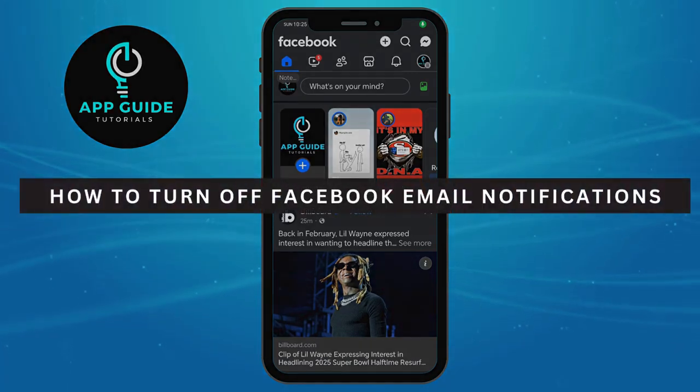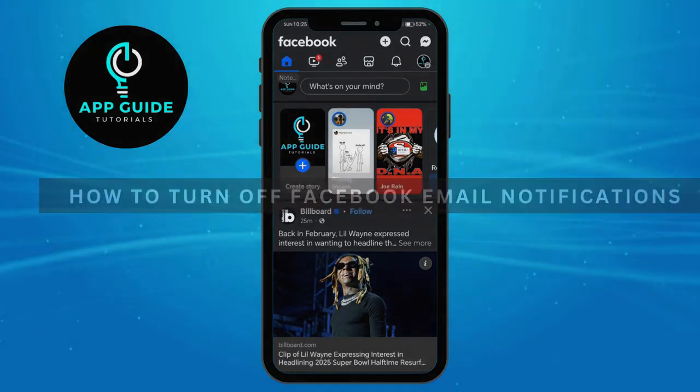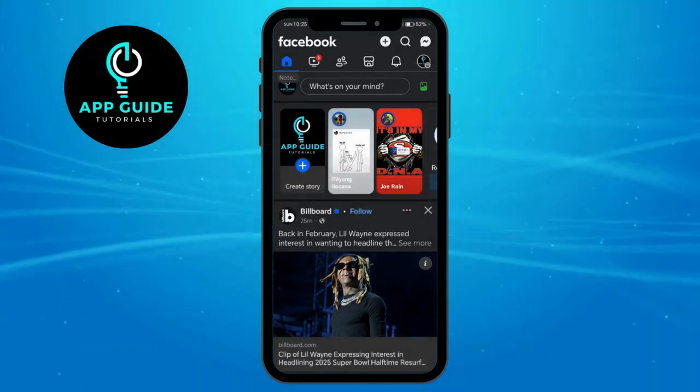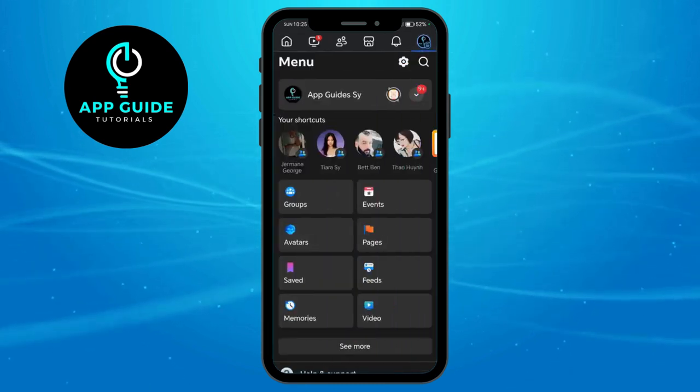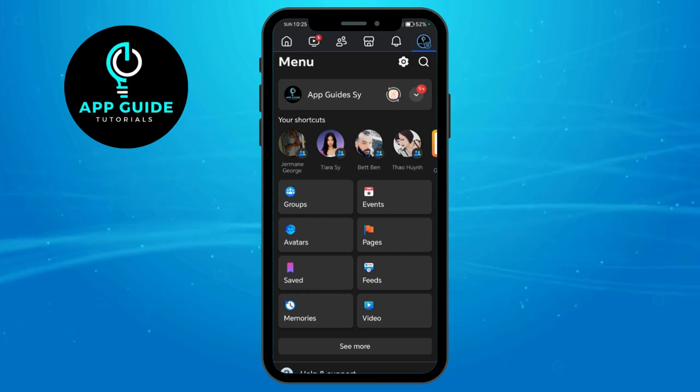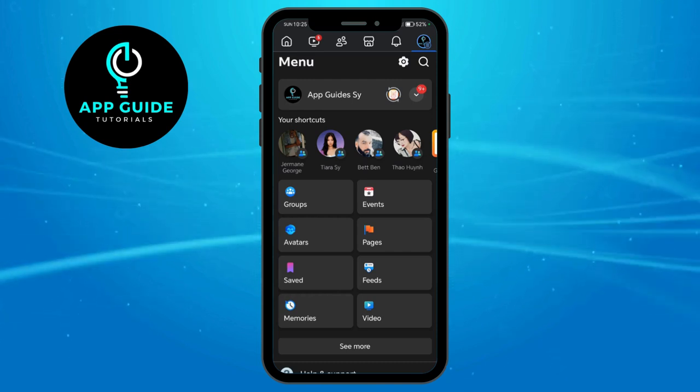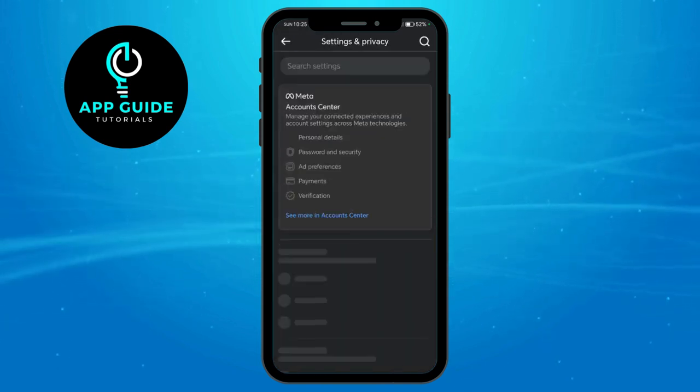How to turn off Facebook email notifications. So in order to turn off your Facebook email notifications, what you can do is head over right here to your three lines that will show you your menu. Once you're on your menu, just head over and click on this gear icon right here because that will direct